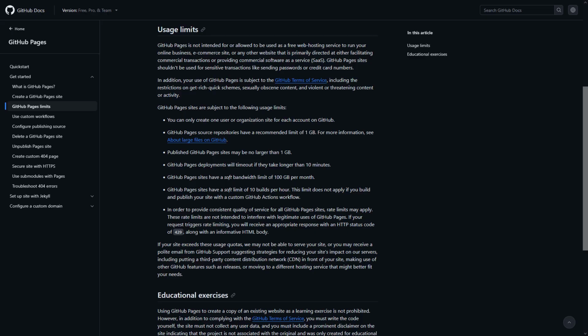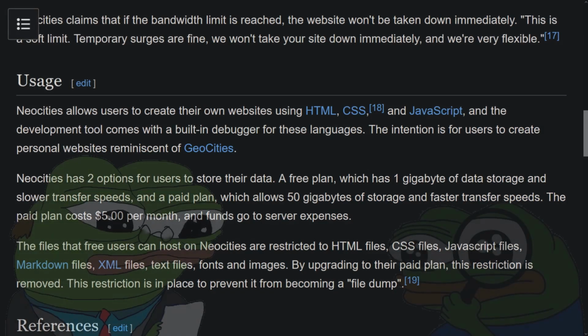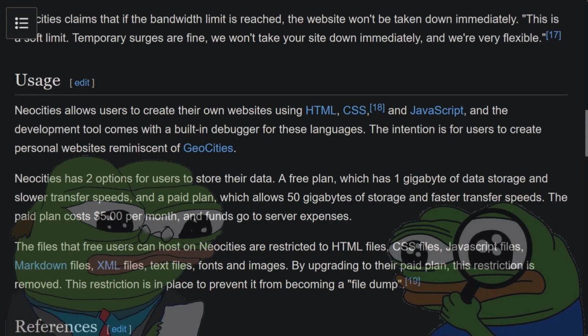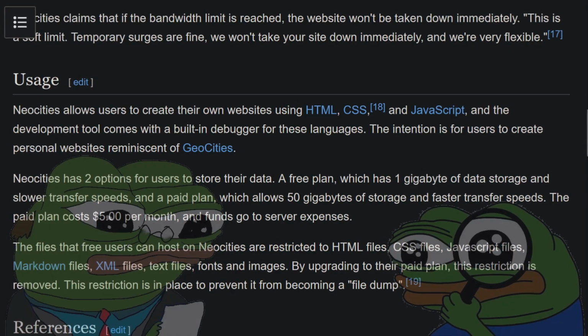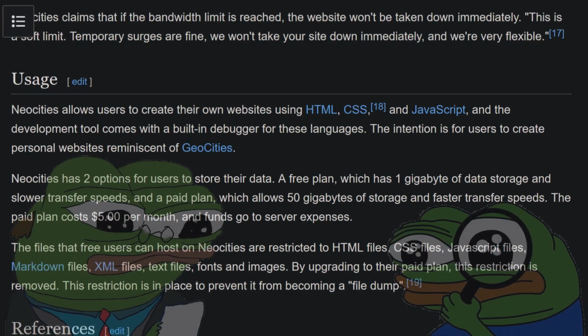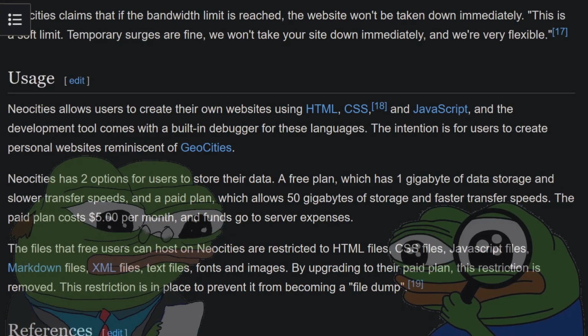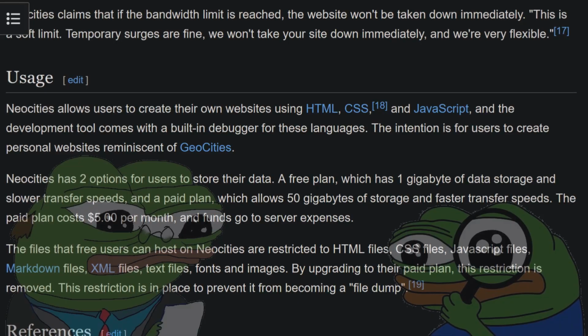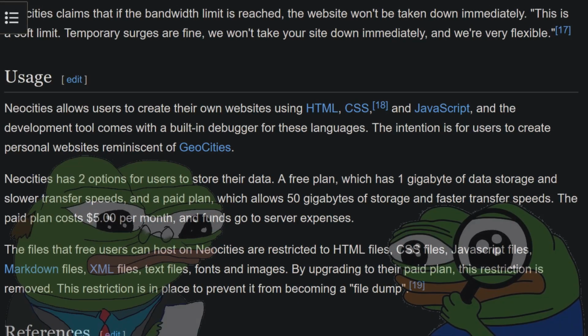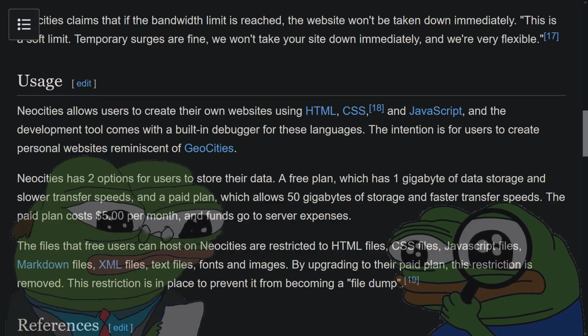that soft cap. Neocities does have a limit though, and one you may encounter if you dedicate a reasonable amount of time to developing your website and adding content. The free tier has a 1 GB storage cap and a 200 MB per month bandwidth allowance, which isn't terrible if you're developing a static site, or a personal blog or a personal website, something akin to that. But if you're hosting big image files or uploading lots of changes, you will hit that limit pretty quick. The supporter tier does bump those limits way up, but that is indeed a paid subscription tier, so that's probably